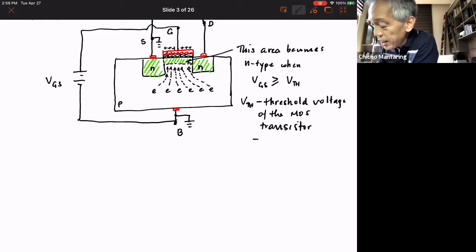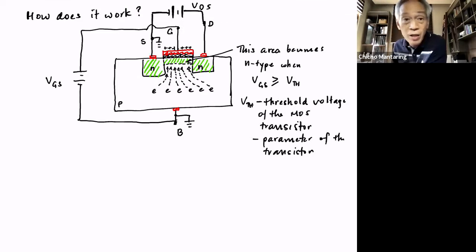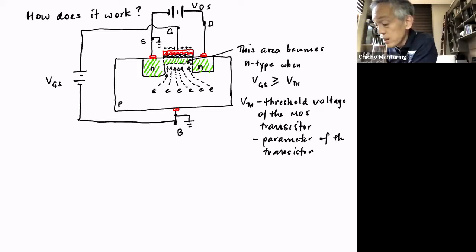And this is a parameter of the transistor. Meaning to say, when you look at the datasheet of the transistor, for example, on the internet, there you will see what the threshold voltage of that transistor is. That's a parameter of the transistor. Okay, so now,